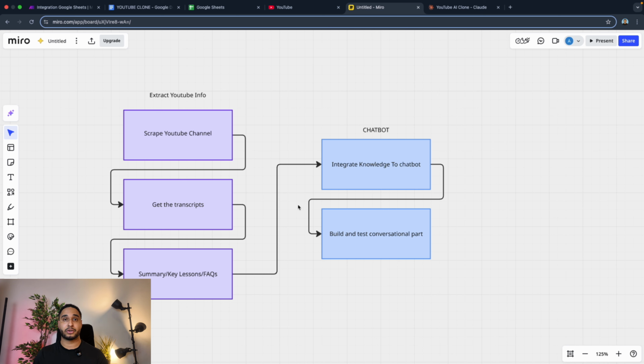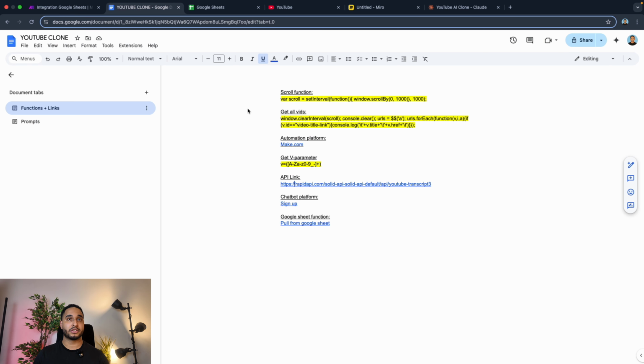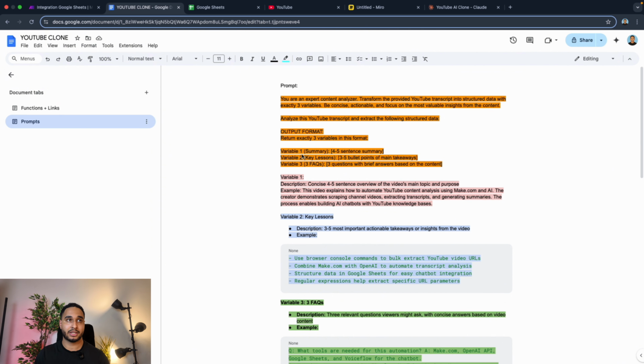Then we are going to integrate this knowledge base into our chatbot, and then we are going to build the chatbot and test it out eventually. So this Google Doc as well, here you can find all the functions and links and also the prompts we are going to use in this video. I'm going to have it in the description so you can also use this and